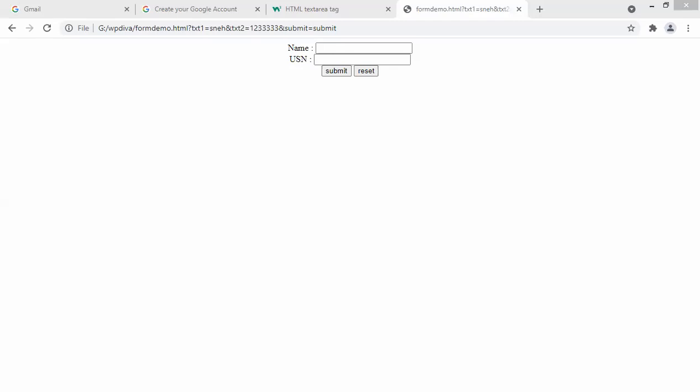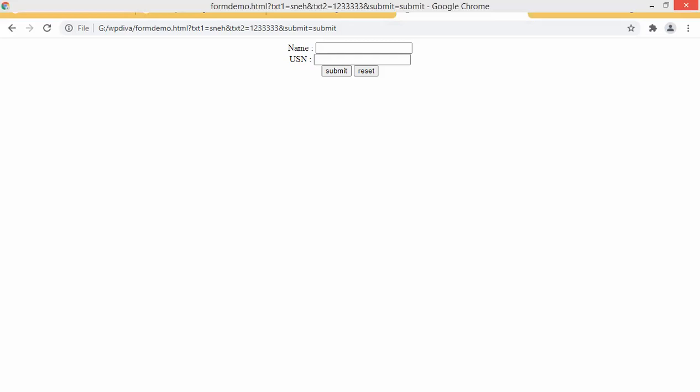So I will take form method is equal to post. I will take name is equal to, for example, login, right? And I will save the changes and go back to the code. We will rerun the code. Yes, so I'm refreshing the code here. Otherwise, we will again go to the folder, go to form demo, and re-execute the code, guys. I am just opening Google once again, right?